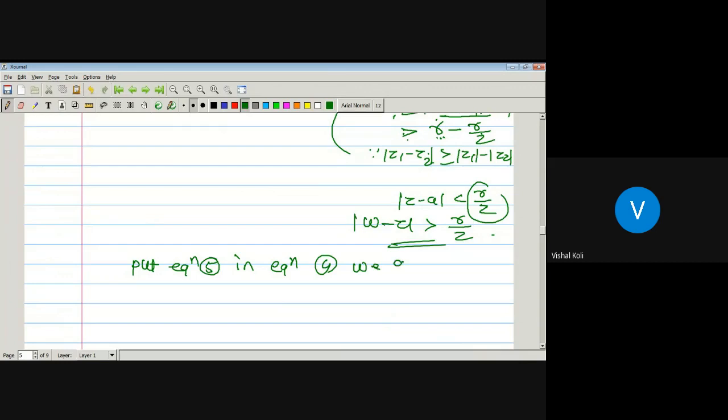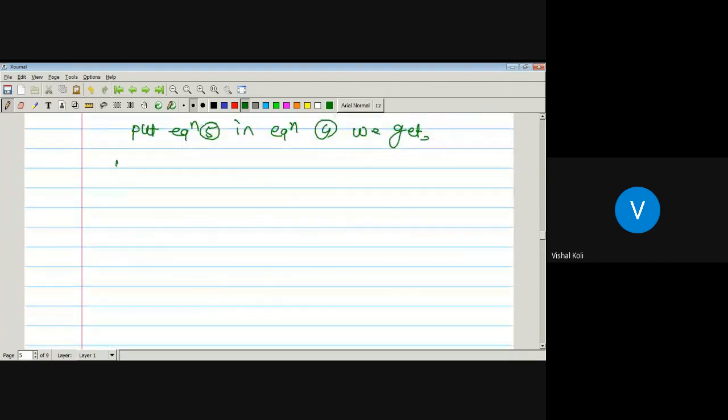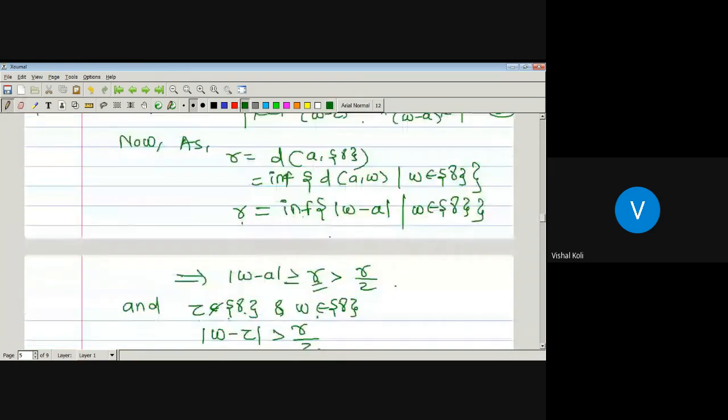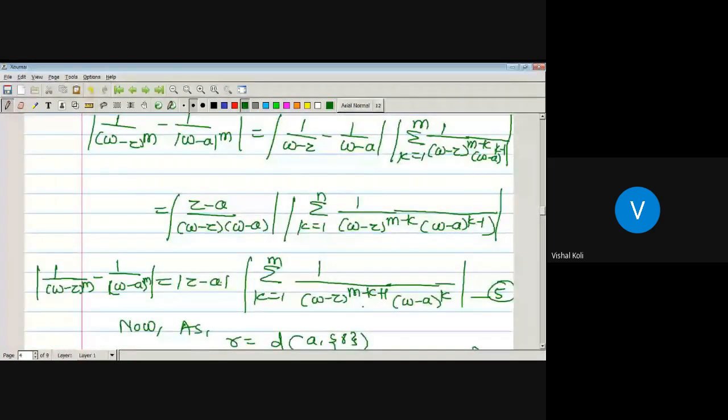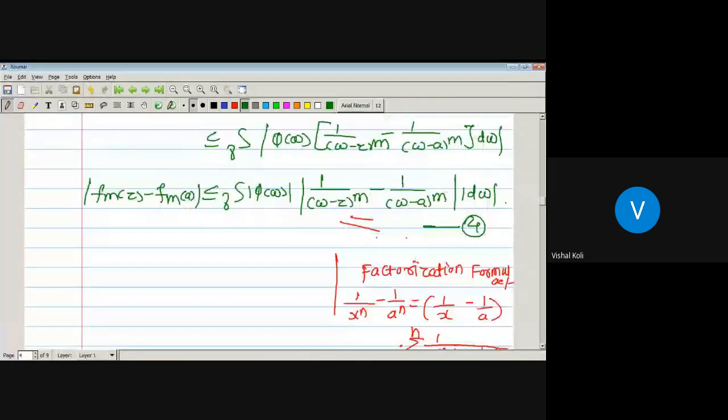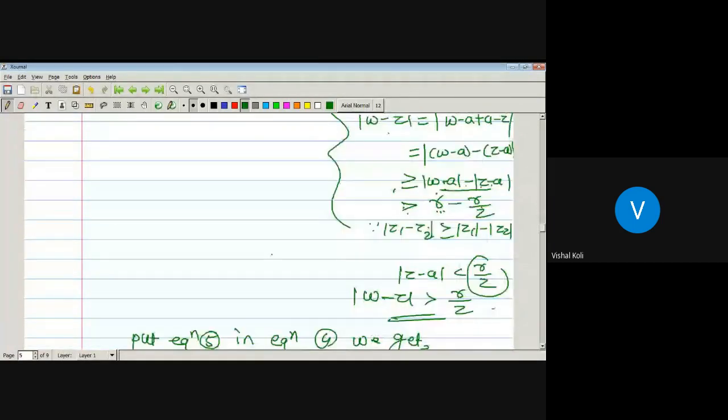We get modulus of Fm of Z minus Fm of A is less than or equal to, I think the fourth one will be, here we have to put this value in this one. So it is less than or equal to